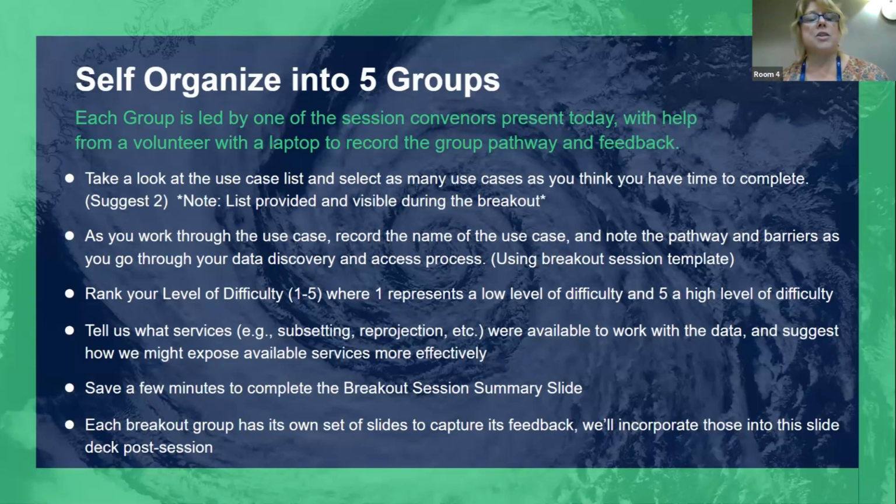Okay. As you work through the use case, you're going to record the name, and I'll show you the links to those slides in just a few moments. You're going to record the name of your use case. You're going to take note of your path, like what steps did you take for your use case, and also any challenges or barriers that you had as you were going through those steps. We want you to rank your level of difficulty, where 1 is going to be very little difficulty and 5 will be